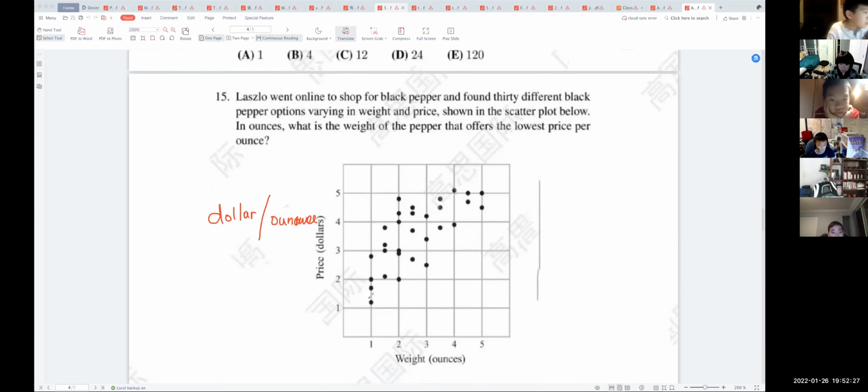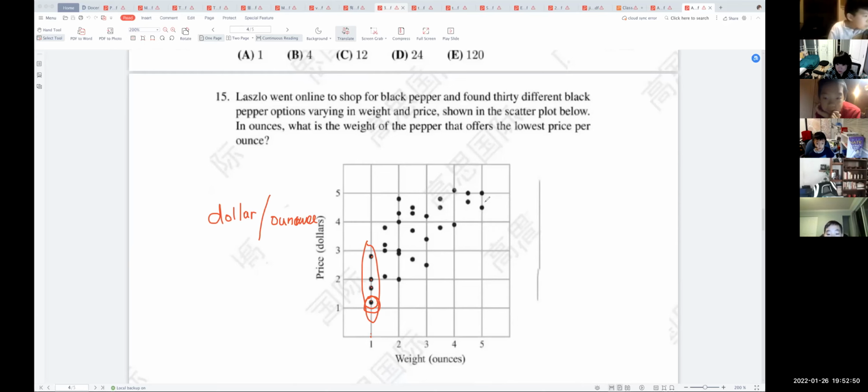Understand? So for instance, for this one, 它的价钱是什么？每个盎司1块多，对不对？好了，这个肯定是最便宜的，在这一条里面，为什么？你看，它有1个盎司2块多的，有1个盎司2块钱的，有1个盎司1块8毛几的，对不对？